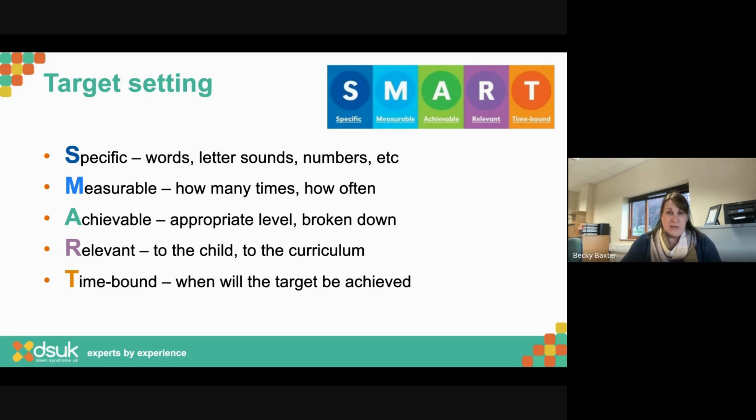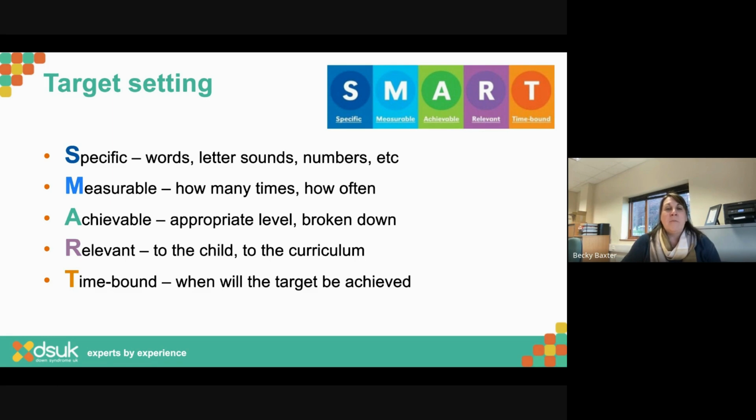When we're thinking about targets, we really want them to be SMART. When I was at university, I hated this. And I have to say, I've come around to going, yeah, okay, I see your point now. They have to be really specific. If I'm going to step in and work with a child, I need to know exactly what it is that we're working on. To develop our sight word knowledge, far too woolly. I need to know what words we're working on, what letters we're working on, what numbers, what's our number target. So I know exactly what it is and how we're doing it.